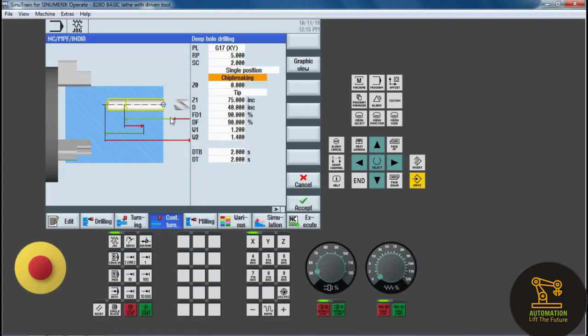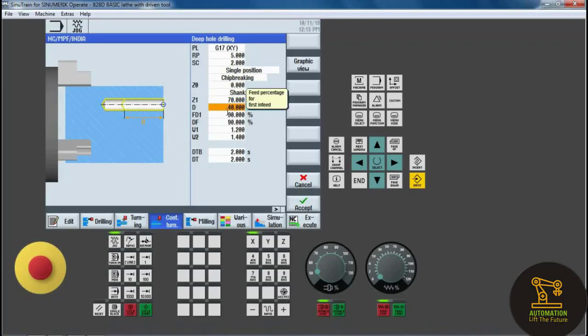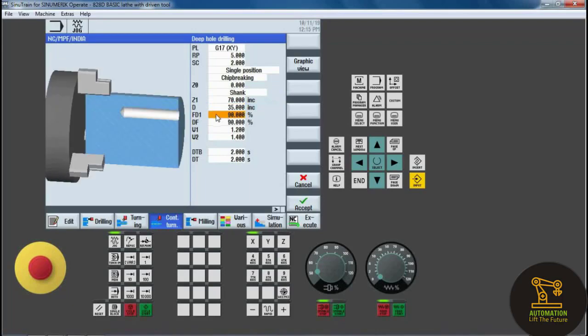Next one is G0. G0 is the reference point of the hole. Next is shank or tip, whatever you want. Z1 is the total depth of the hole, and D is half of the distance of the hole, and we keep 35. Next are feed rates in percentage, so we keep 90, again 90.